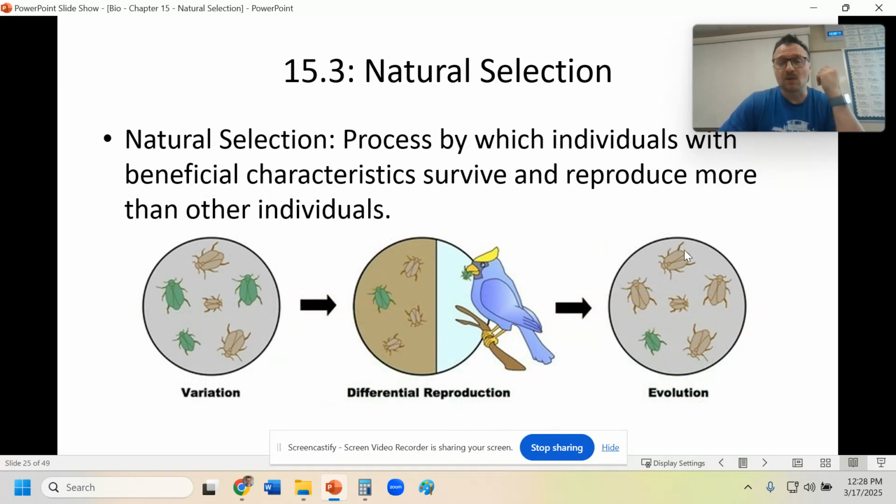And lastly, we're going to talk about something called natural selection. This is what Darwin witnessed on the islands. This is a process by which individuals with more beneficial traits are going to survive and reproduce more than others. So in this case, you can see, again, here's our population of beetles with variation. Some beetles are tan, some beetles are green. Because the bird doesn't want to expend a lot of energy, it's going to eat the green ones more often. That means they're going to be selected out of the population. They're going to be killed and eaten. In this case, then the next generation is going to be more tan than green. This is evolution, where natural processes are going to select for certain organisms that have certain adaptations to survive and reproduce more.